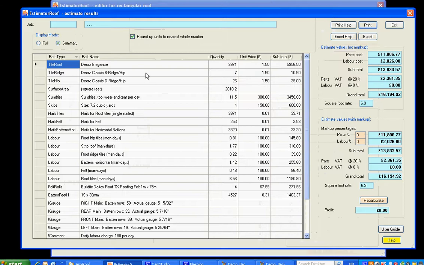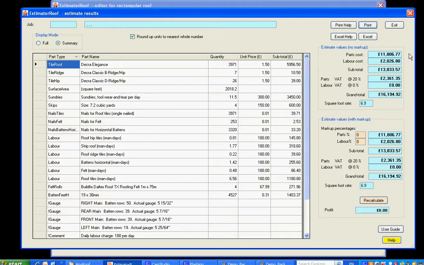So you've got all the parts, and you've got your labour down here, you've got the item name down here. So for instance here, labour for the roof hip tiles is to strip the roof, for the roof ridge tiles, for the battens, the felt. So you can apportion your labour amongst your work crew. You know how many days effort. These are days effort here, obviously the daily cost, and you can adjust this daily cost to whatever you want,